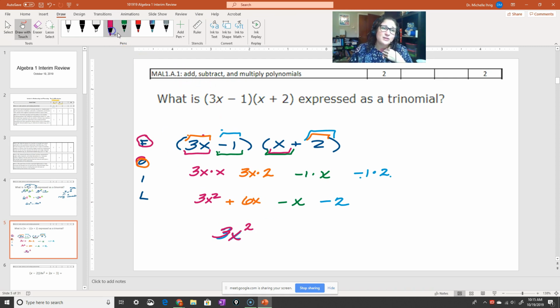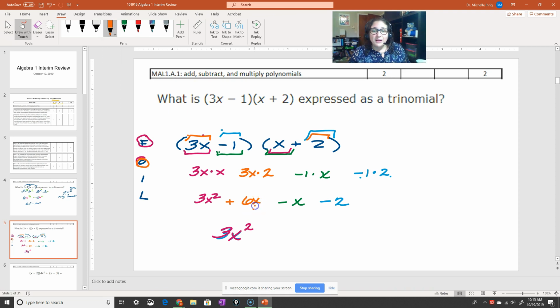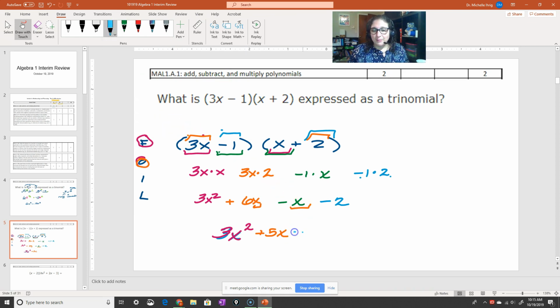Then I say, okay, my next term is x. Do I have any other x's? Yes, here's an x here and here's an x here. So I have $6, think of x like dollars, minus $1. How many do I have left? I have $5 left, so that'd be plus 5x because those two combine. And then I have left that constant, and a constant is basically a fancy way of saying a number without a letter next to it. -2. And that's my answer.